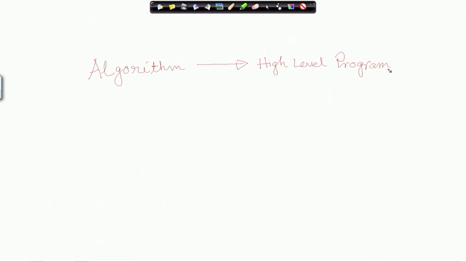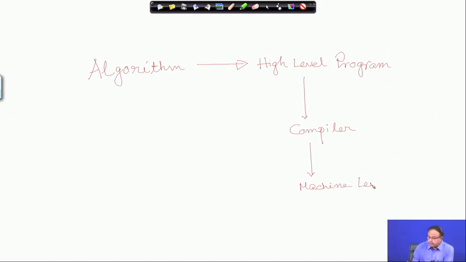We convert it to some high level program, and that high level program is fed to a compiler, and the compiler prepares the machine level program.